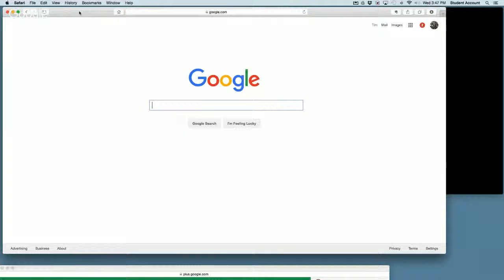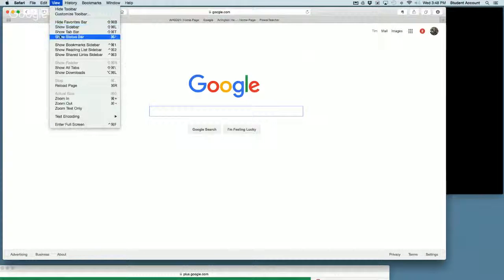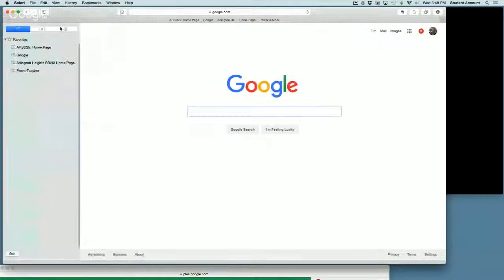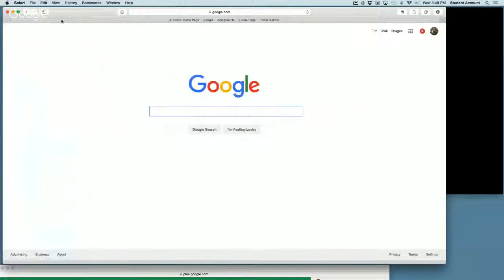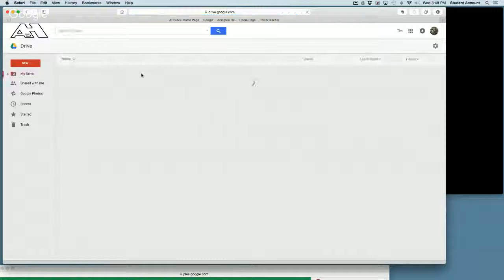It's a different look to the screen. There's an option called View up here. And of course, under View, we can show all sorts of little favorite bars and different things that we maybe are used to seeing when we open up Google. So I was looking originally for this little Google shortcut, and I'm going to head into Drive to open up my Google Slides presentation.